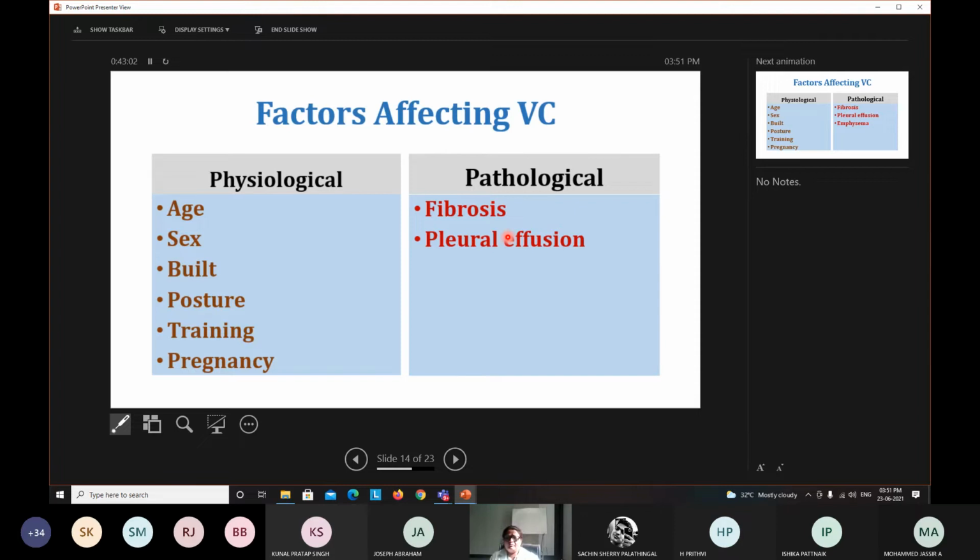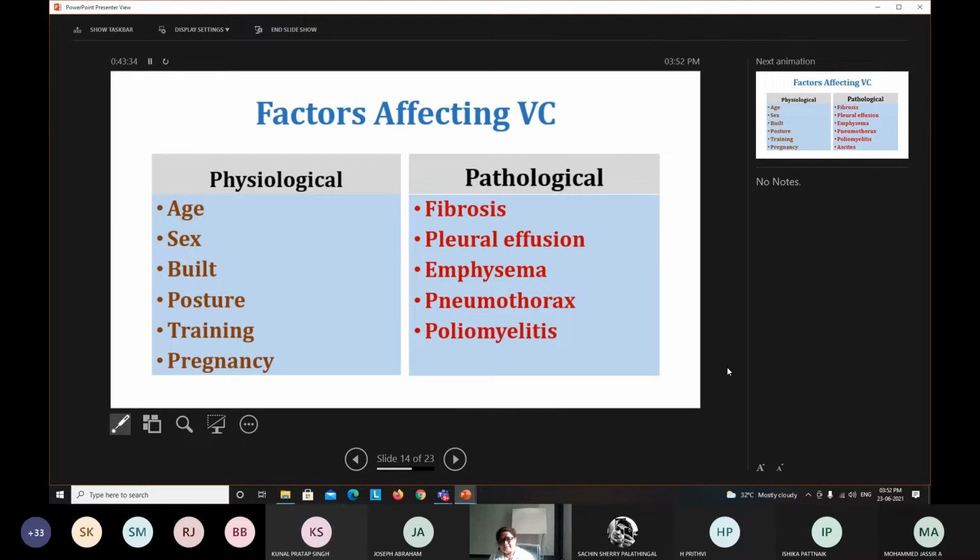Next is the pleural effusion. Any collection of any kind of fluid, whether it is water, pus, blood, anything in the pleural space, also affects the expansion of the lungs. Emphysema, the lung parenchyma is affected. Pneumothorax, air is filled. Or apart from the lung proper diseases, any other diseases in the surrounding skeleton or the